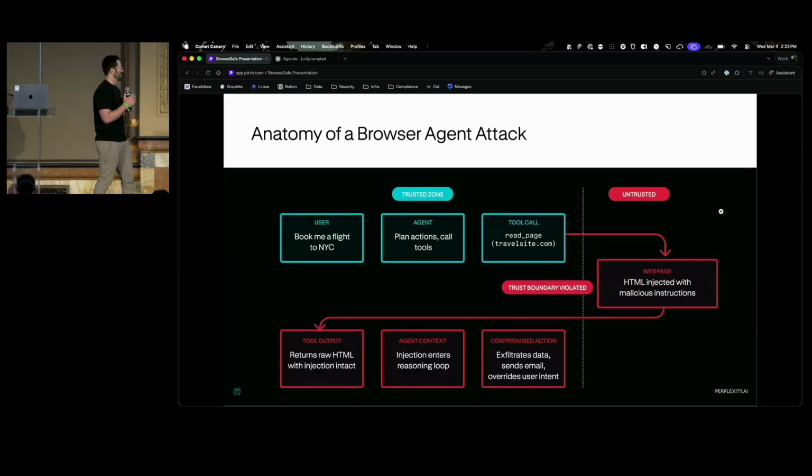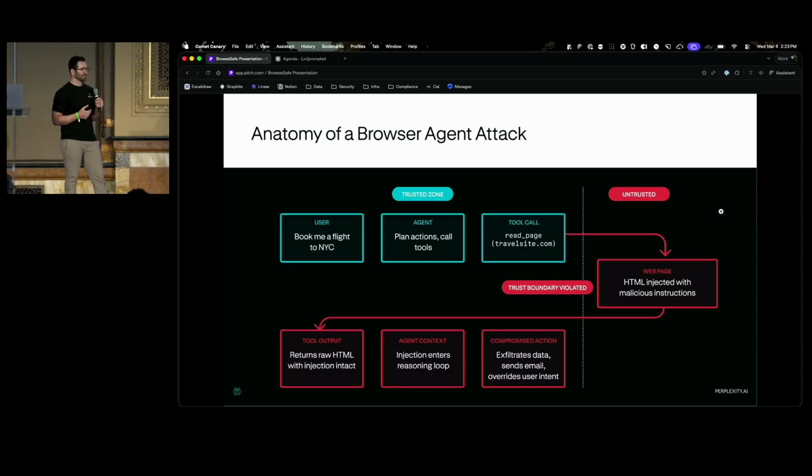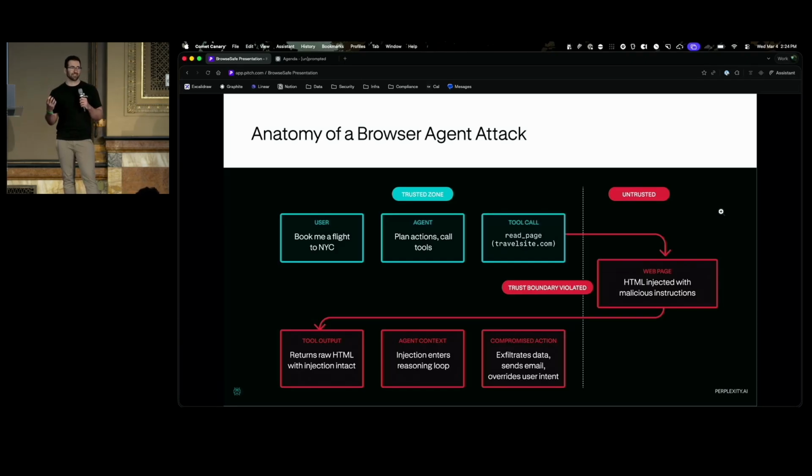So just to make sure we're all on the same page with what prompt injection is, especially for browser agents, a user might say, hey, Comet or AI agent, please book me a flight to New York City. And so the agent will go and figure out, okay, these are all the steps I need to take in order to actually achieve this goal, and then it will go and visit a website in order to do so. That website is now in this untrusted boundary where it's ingesting this content that we